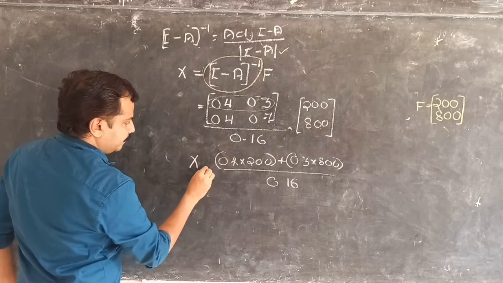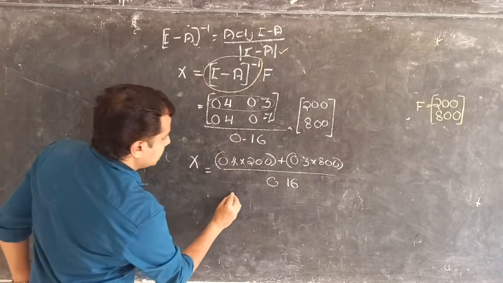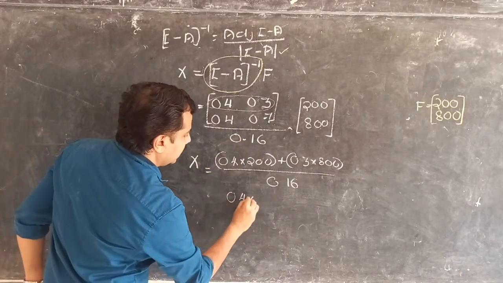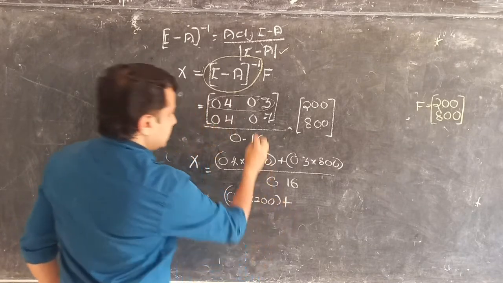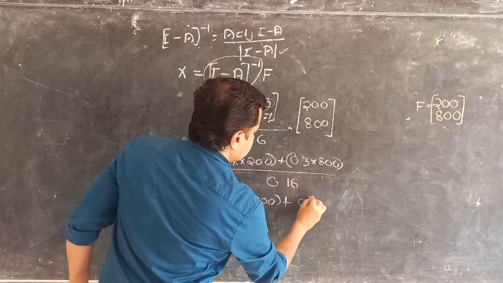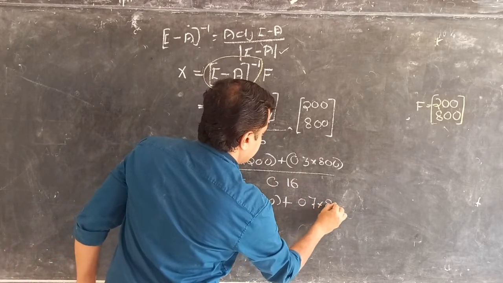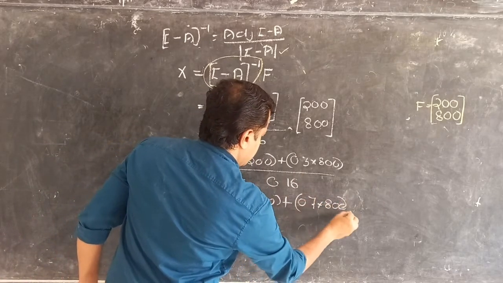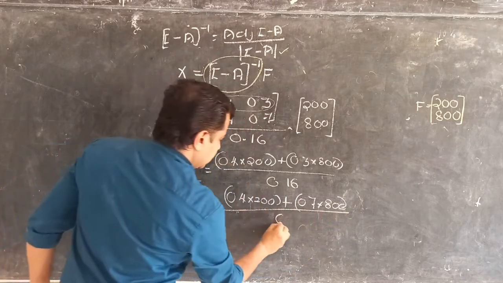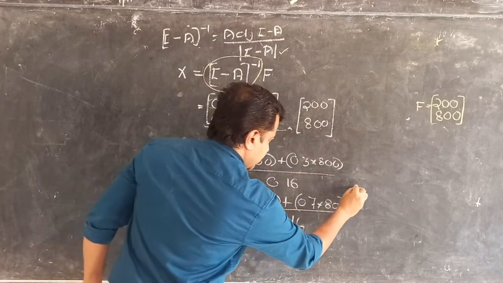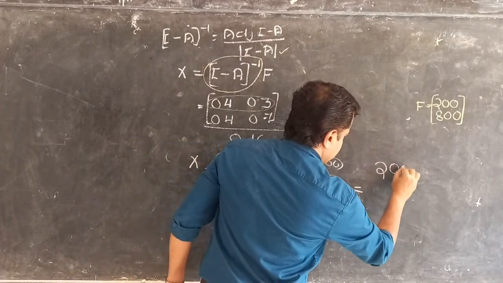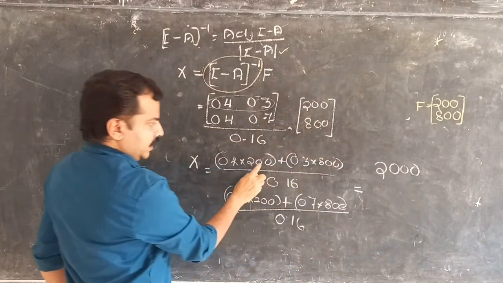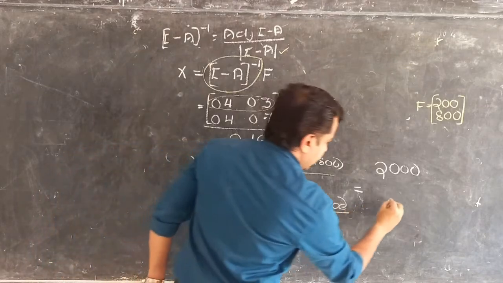Similarly, you have the second row, which is 0.4 into 200 plus 0.7 into 800, whole divided by 0.16. Once you solve this equation, you will get the value as 2000 for this particular solution and